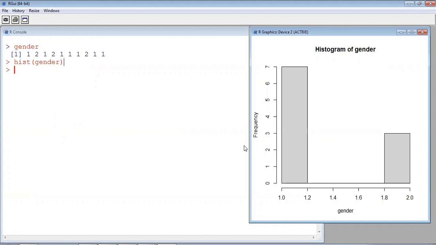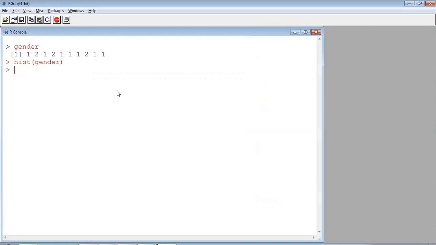Okay, normal. Here gender frequency is there. Now here the distribution is in between 1 to 2. Here the frequency is 0 to 7. Why? Because the highest value is 7. That's why it takes the y-axis frequency count maximum as 7. Then the minimum value starts from 1. Number of females, how many females? 3. The count is 3. Then how many males? 7. The count is 7. This is the histogram of gender.